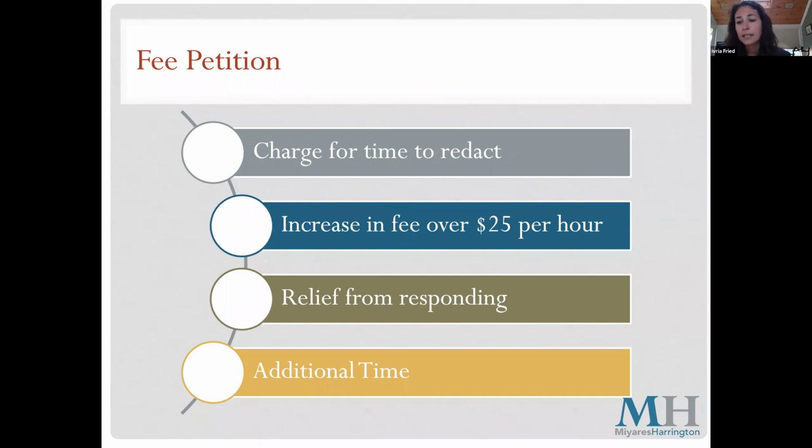And so this kind of ties back into the 10-day window. There's a lot that needs to happen before the 10 days. And one of those things is getting the fee petition out if you want to charge fees. So it's important to quickly perform an analysis of what records may be responsive, whether you think you need to charge fees, to review those records, and then reach out to your RAO if you think you need to petition the supervisor to charge. So I just wanted to make sure we all understood the difference between required by law and discretionary. Thank you, that's great.